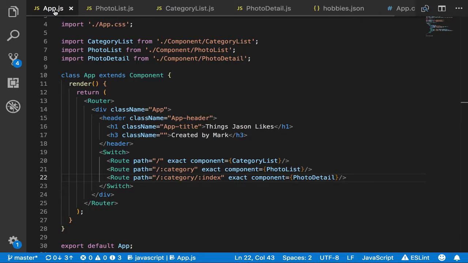Instead of a parameter? So could you say just /category without the colon there? Right. That will give you a static page at category, but it wouldn't work because then it wouldn't display the current category. So everything outside of the root has to be a parameter. It doesn't have to be. I could put